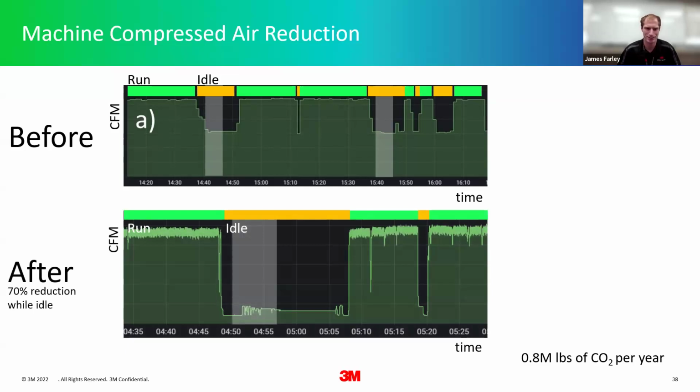We were pretty high usage on some of those idle states, but there were some machine improvements that were made in both the programming and the hardware of the machine to make sure that certain parts of the machine were turned off while it was idle, and also to eliminate any extra leaks in the machine itself. And overall, on a lot of these machines, it was a 70% reduction while idle, which is great, but we still got to control it. And we just got to make sure that this is going to be sustainable long term. So on the next slide,